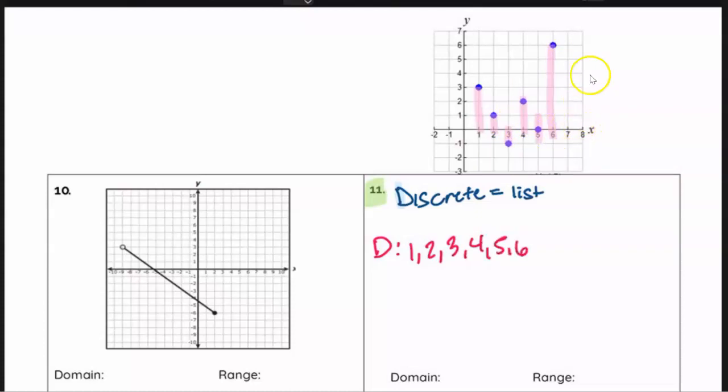Notice I have no point at x7, nor do I have any points at x0. Neither do I have any points at negatives. So these are all my domain. Now for my range, I'll do the same thing, except